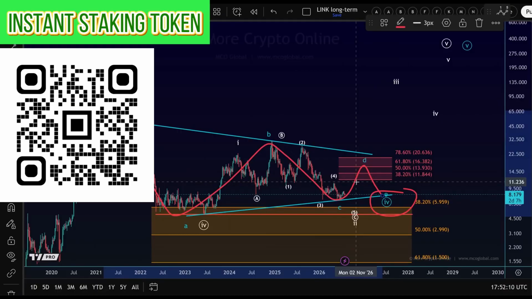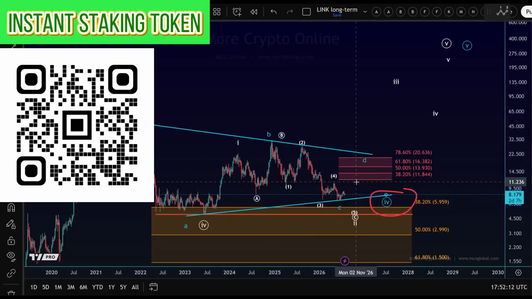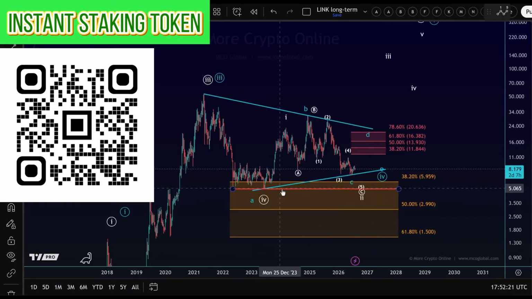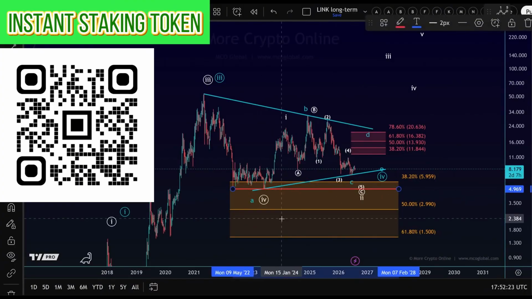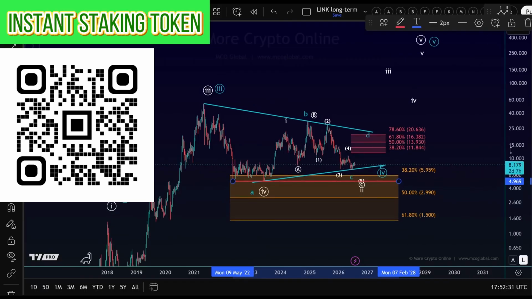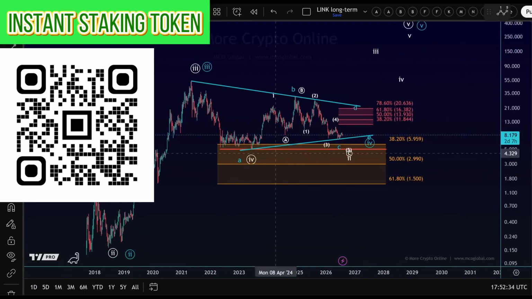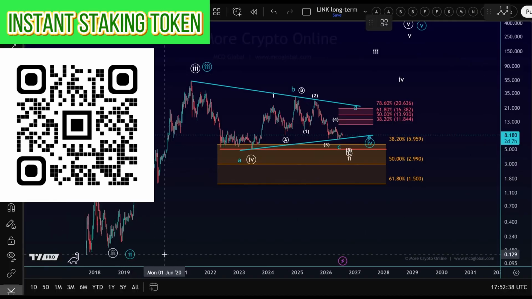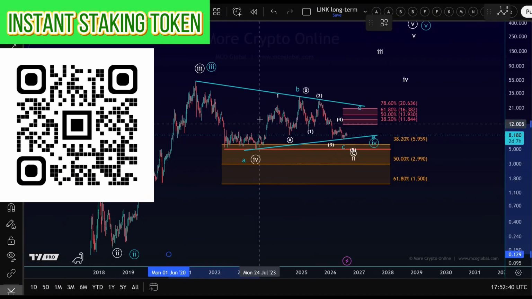Now, I have to say very clearly, there is a way to calculate potential upside targets based on the blue scenario. Because in the blue scenario, the market must not break below the red line. And that level is at $4.96. Of course, it could break below, but that would invalidate the triangle. But at least with that invalidation point, I can say that there are standard projections that the price should reach in the next bull market as long as we're holding that one level.